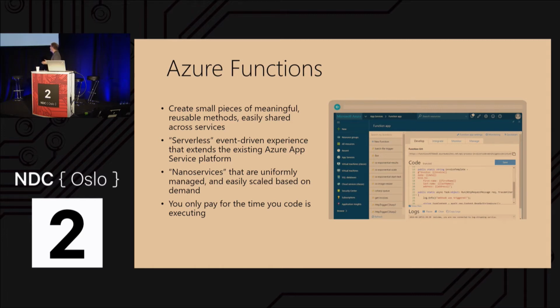So Azure Functions are just small pieces of reusable methods. Just think of it exactly like it probably pops in your mind. I'm going to take a function or a method. I just want to do that. I want to stick it in the cloud and be able to call it. But because it's on the cloud, right, I can scale it, I can manage it. It's got the hosting environment. You can do all these things with it, and you don't have to create any kind of complicated framework or app.